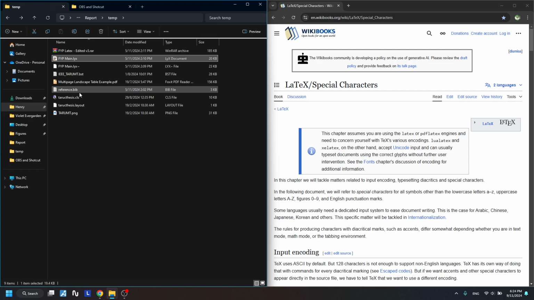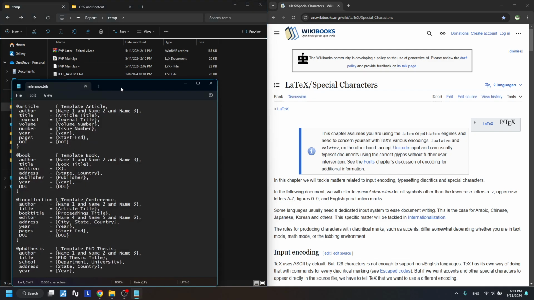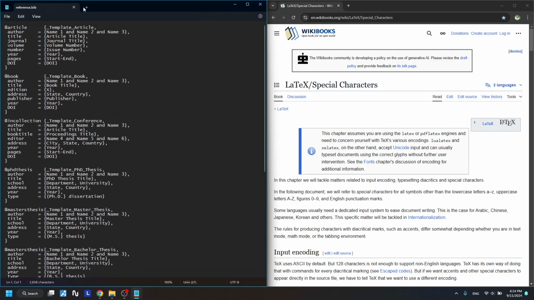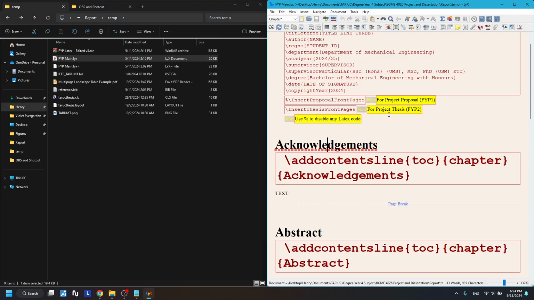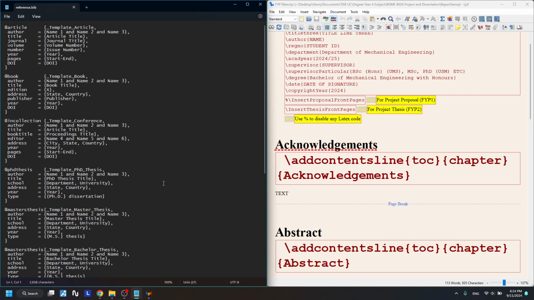So for us to do the references and in-text citation, first you will need to put your references into this reference.bib file that is included in the template, and then you can insert the in-text citation by using the LaTeX software itself. So first of all, we will basically need to add references that we want to use